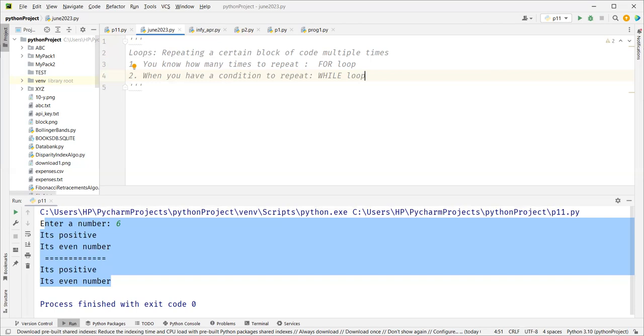When you have a situation like this, read the value until the user says no. After reading every value, ask the user, do you want to read more? And the user says yes, and that's when you keep on reading, and when he just says no, I don't want to read any more values, that's when you stop. You don't know, the user might say no in 1 step, or after 50 steps. So that's a classic case of